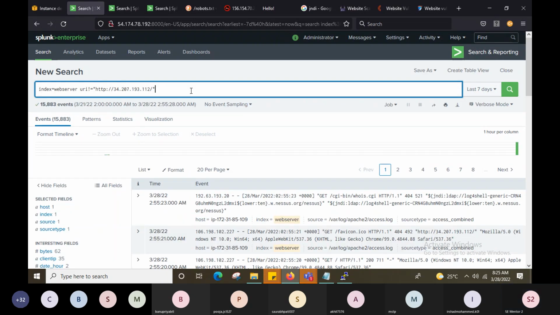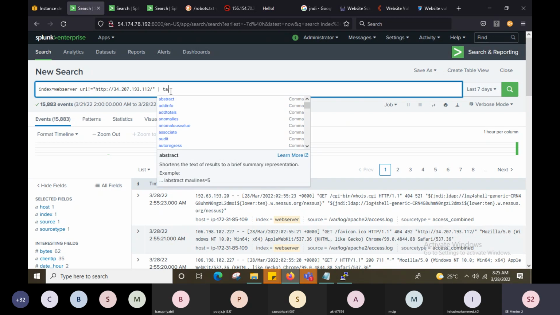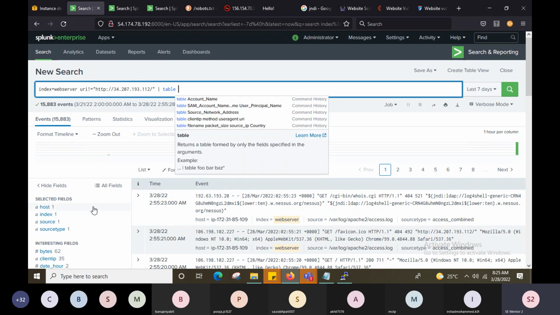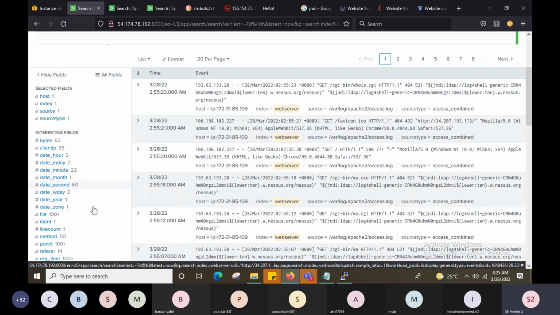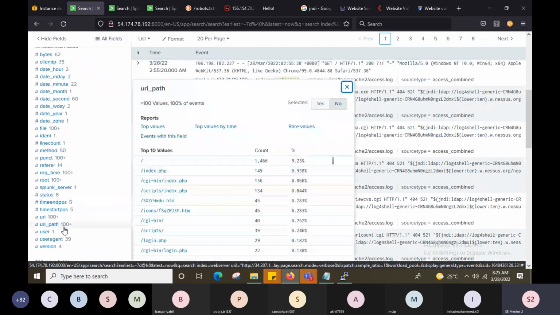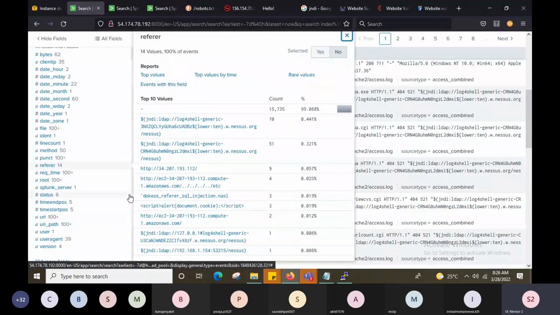By doing it this way, you know what all these sites are, what sites they can reach out to. These are the common things that I see, but anything apart from this I have to monitor. In such scenarios you can mention the common occurrence, URI not equal to that particular website, and do a table, try to get the details of other fields as well, like the URI path, URI, or your referrer. Looking at that, you will get to know